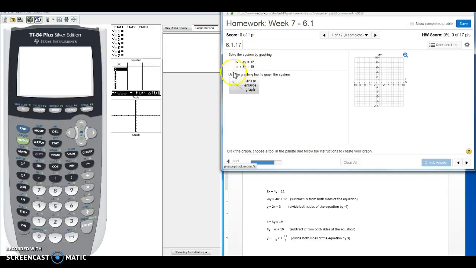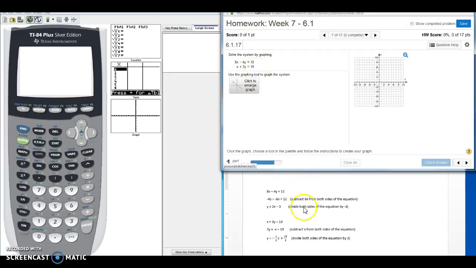In order to graph these lines, I could do a t-table, meaning plugging values in for x and then finding the y value associated with them. Or I can put it in y equals mx plus b form and graph them by plotting the y-intercept and then using the slope. So in order to do that, I'm going to solve for y in both of these